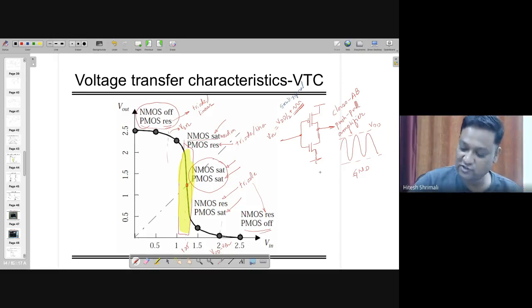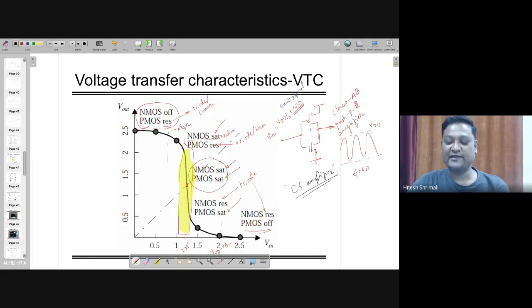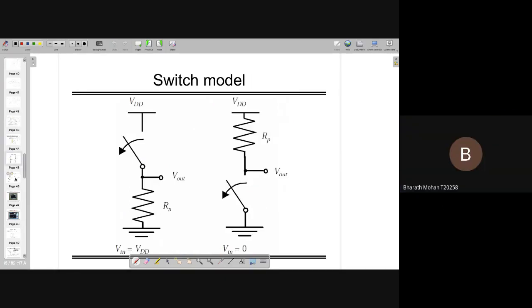By the way, this is also a common source amplifier, for your information. But this is the common source amplifier where NMOS is acting as a load for the PMOS case and PMOS is acting as a load for the NMOS case. And its input common mode voltage is actually the mid range. It's not beyond that. But its input common mode range is very tiny. You can see here, you can bias it only at this point. If you go beyond that, you are either at the one side or the zero side. Right?